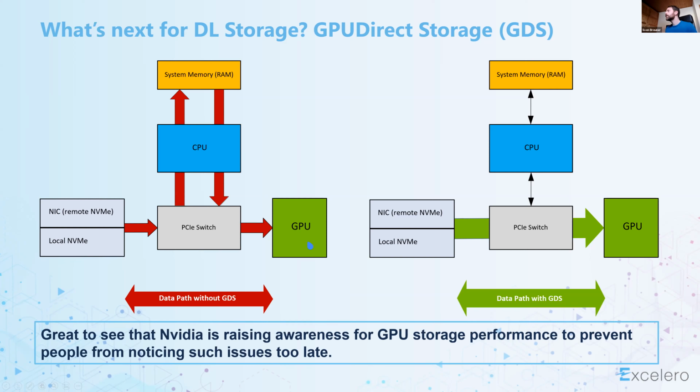GPU direct storage is based on a new concept where the data can flow directly from the network card into the GPU memory, so that you don't need to put it into main memory first. From the application perspective, that's a very simple change. Instead of your normal read function, you have a new cuFile read function, which has very similar parameters. The only difference being that the buffer that you give to this function is not a buffer in main memory, it's directly a buffer in GPU memory. So it requires a relatively small and easy change from the application perspective.